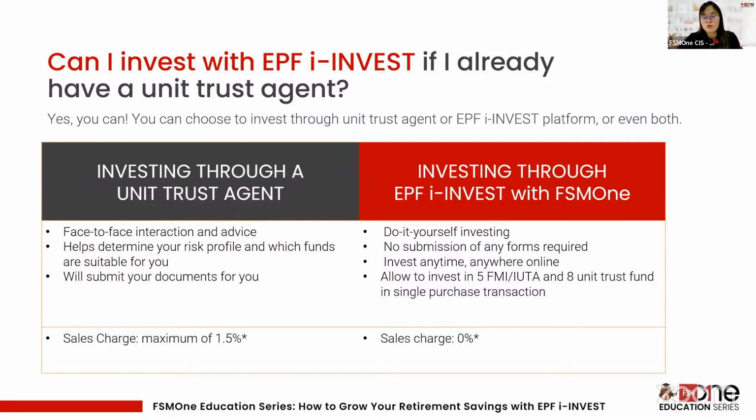One key drawback of investing via an agent lies in the hefty commission that is drawn from every successful transaction secured. This ranges at about a 1.5% sales charge. On the other hand, investing through the EPF i-INVES portal is comparably more convenient, where EPF members can practice do-it-yourself investing